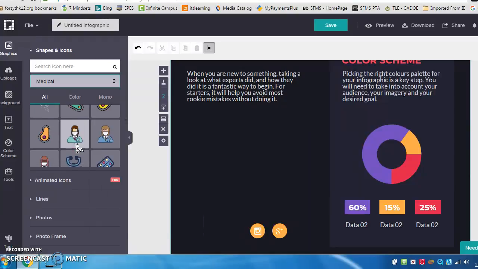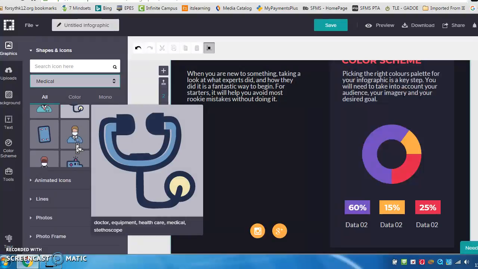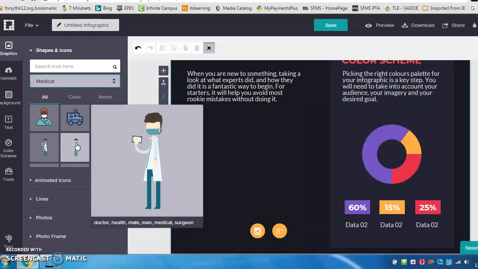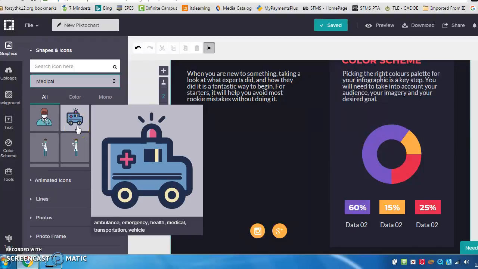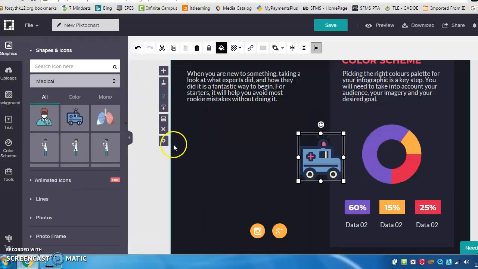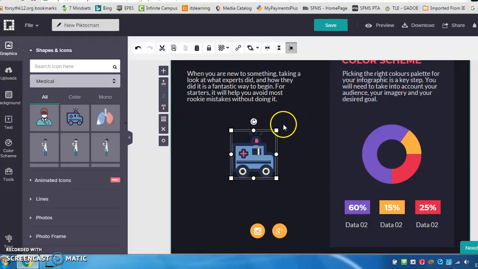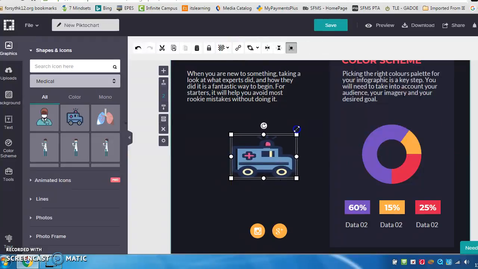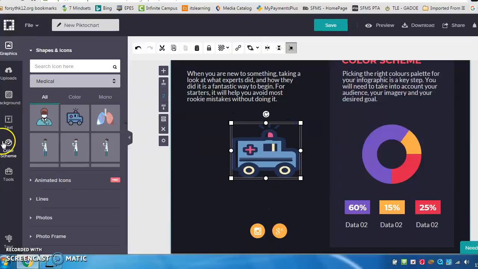Little medical features, that's some sort of little amoeba type thing. That's kind of neat. Stethoscopes, all that kind of stuff. So if you're making something and you want to put, sorry, my phone's ringing. If you want to put this little ambulance in here, you just click on it, and then you can just manipulate it however you want on the page. I can make it bigger, I can make it smaller, however I want,